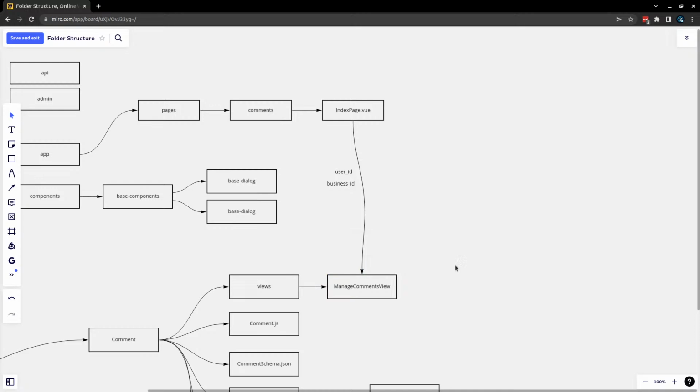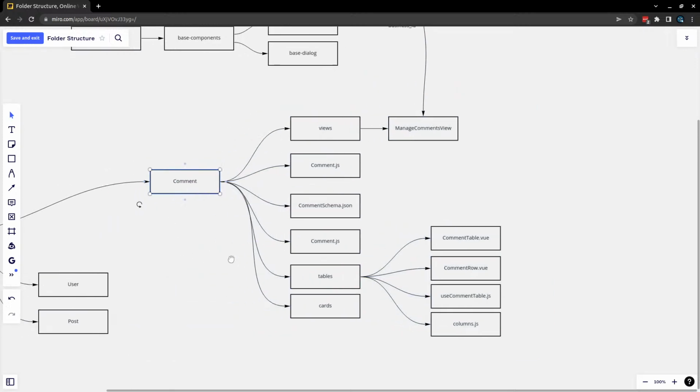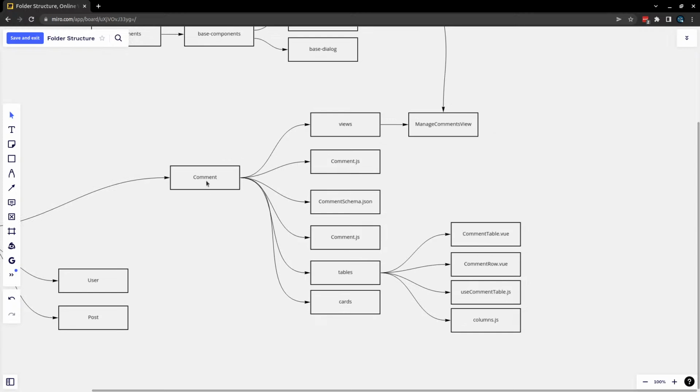Now, the cool thing about this is I set up my index page and I pass it the user ID and the business ID or whatever contextual knowledge it needs down to the view. Once I've done that, I'm done. I don't need to sit in this file anymore. I can now do everything inside of this little comment world directory. All right, this is the key thing here, being able to just jump into this directory and be like, okay,